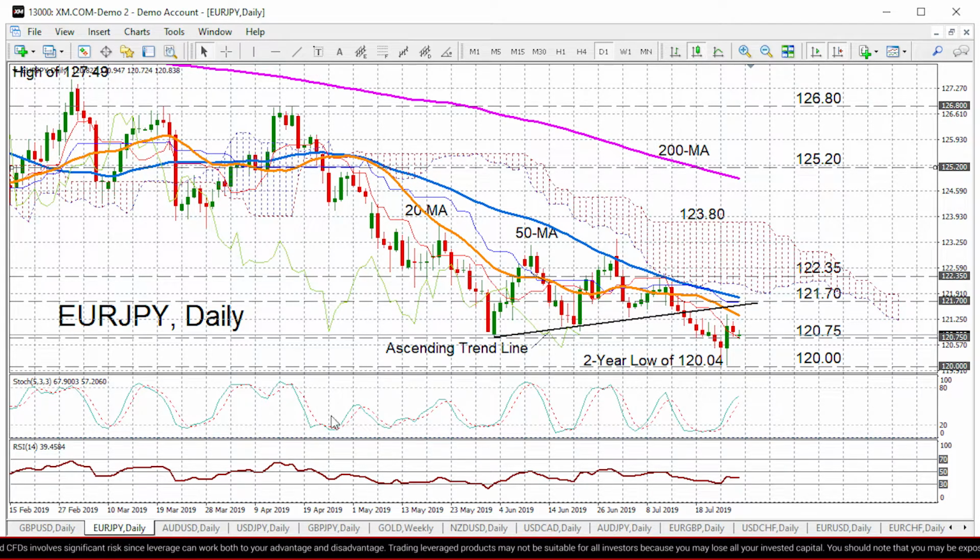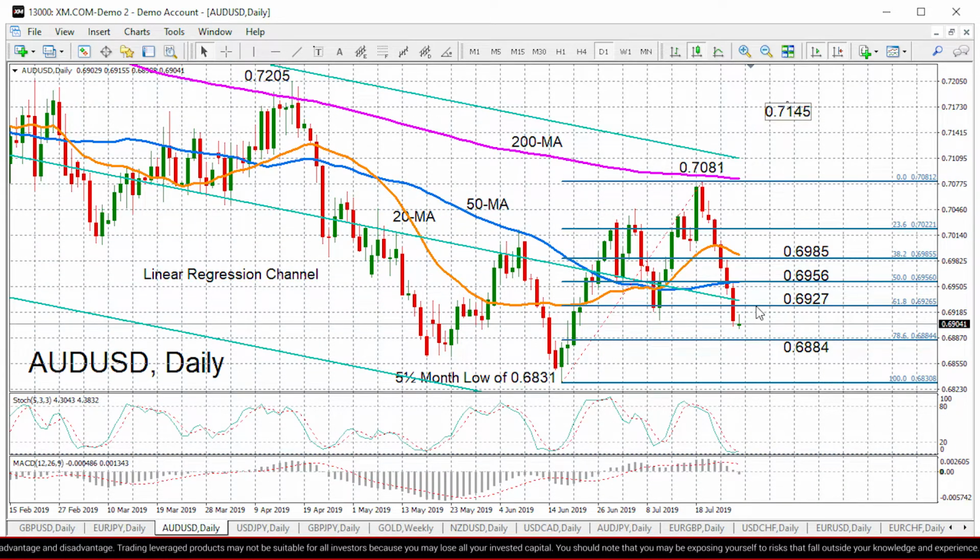And the final pair for today, looking at the Aussie dollar pair, we can see again we've got a very bearish picture in the near term. Indeed, it's looking extremely oversold. The stochastics are in oversold territory, and the MACD has turned negative. So it's not looking very positive at all, and if that decline continues, we're likely to see the 78.6% Fibonacci